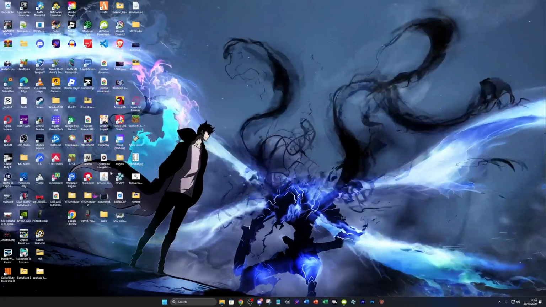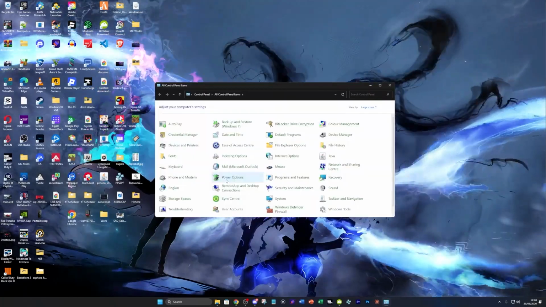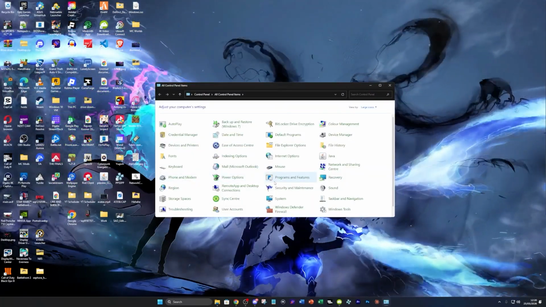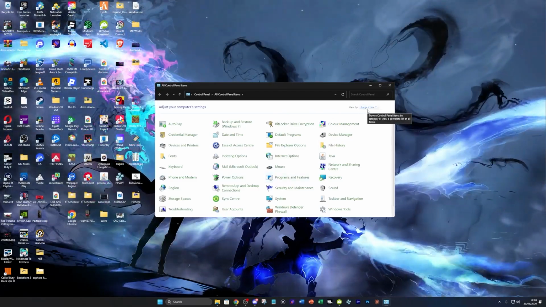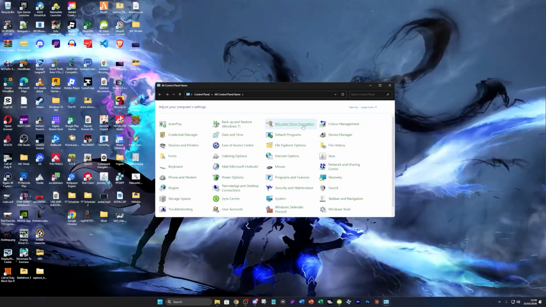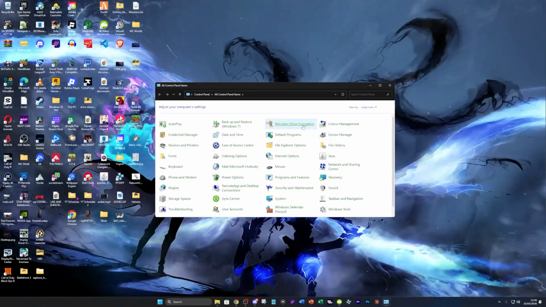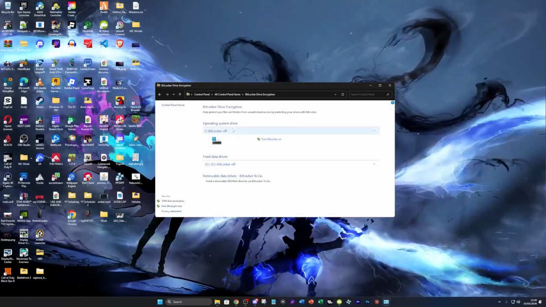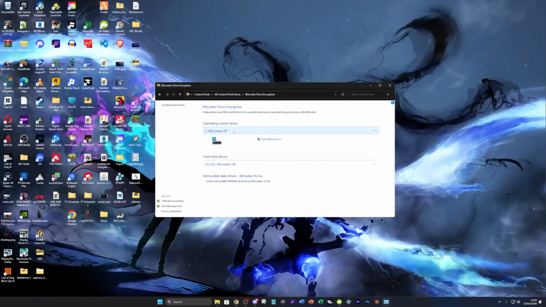So all you want to do is press your Windows key and then type in control panel and then go ahead and hit enter. In the top right corner of the control panel window, change the view to large icons like I have it right now, and locate and click on BitLocker drive encryption, which is going to be this one right here. Now, all you want to do is find your primary operating system partition, which is usually going to be C, and then all you want to do is click it, and then it's going to say